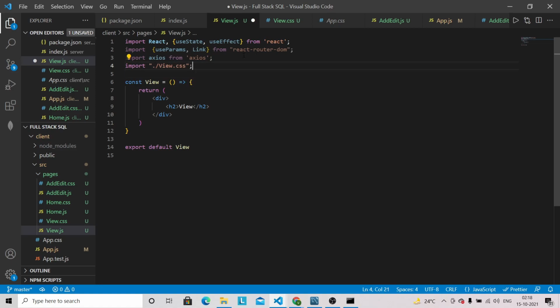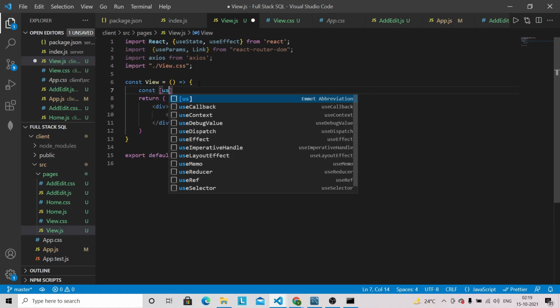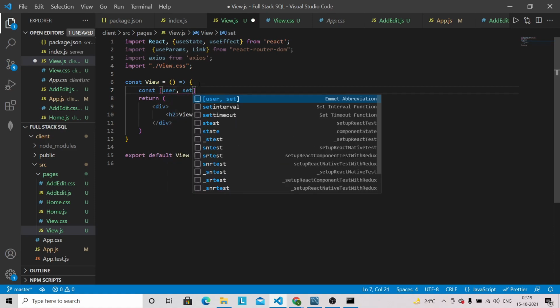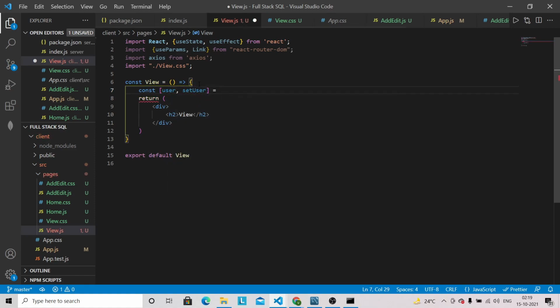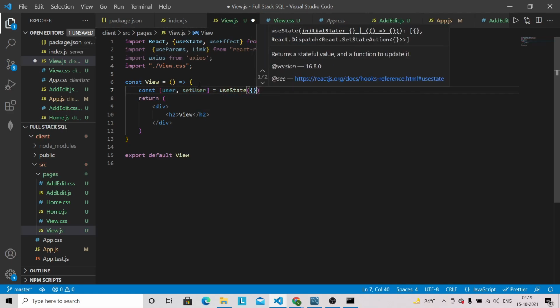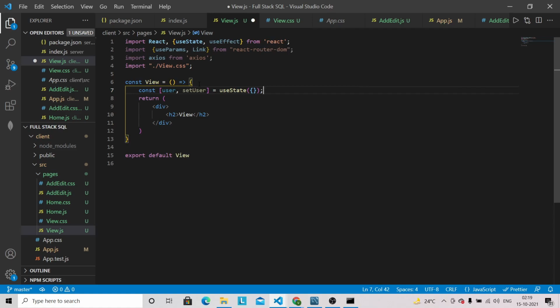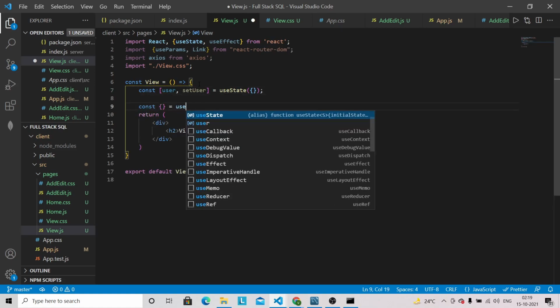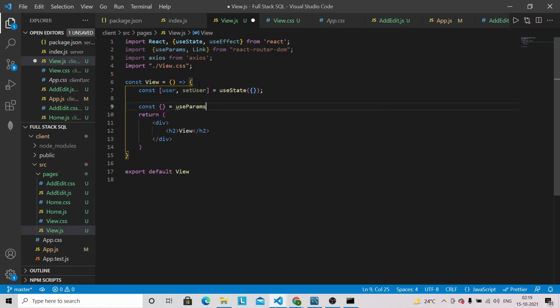And let's define one state here. So user, setUser, and useState, so it will be an empty object, and we have to grab the ID with the help of useParams. Okay, and we have to write one useEffect.